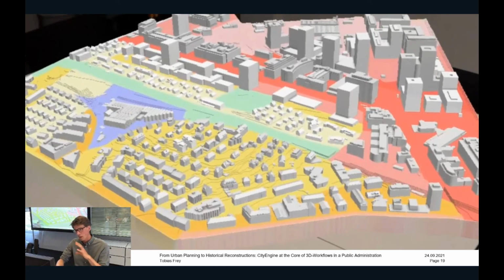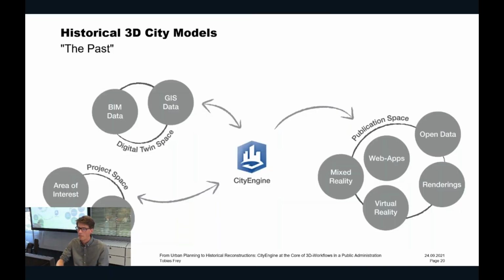So this is about the part that I would say goes towards the future. The other part that we have, and that's kind of a bigger project that's taking a bit more time than what we've seen before, is the historical 3D city models of Zurich. It's a project we're currently working on. And there it's mostly 2D and 3D data that comes from the project space. It's not that much connected to the digital twins, so it's showing the city some 5,000 years ago or 200